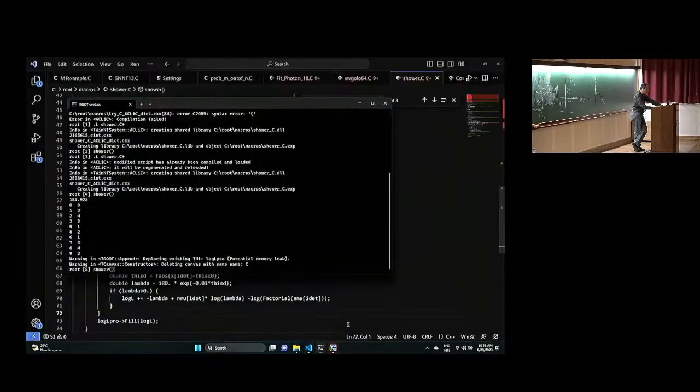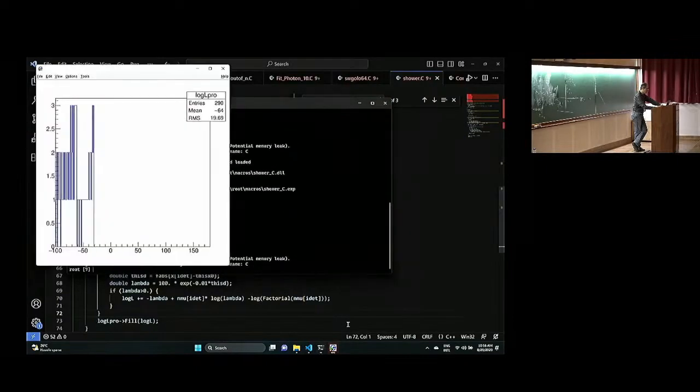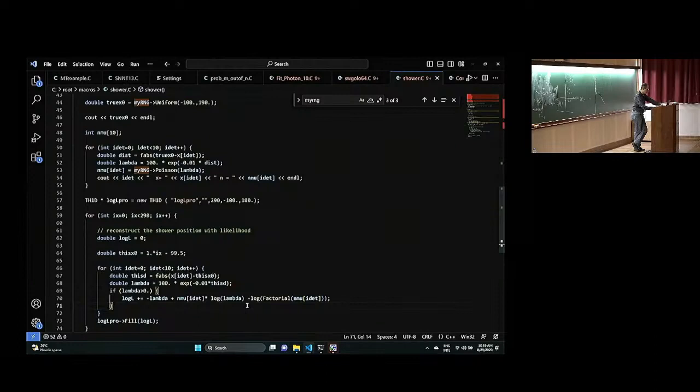All right, so it's very badly written code, but okay, now it's even more cryptic. But at least we bumped up the number of particles in all of the detector positions. Yeah, so there is something